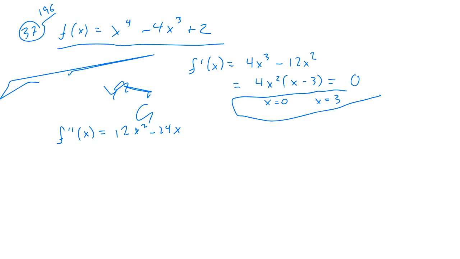So let's look first at what happens at 3. f double prime of 3 is 12 times 3 squared minus 24 times 3. Let me grab my calculator. That's 12 times 9 minus 24 times 3. That's 36,